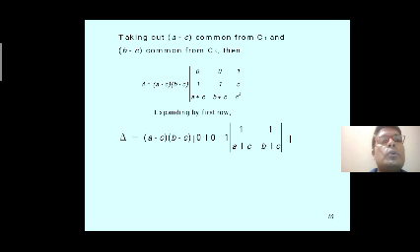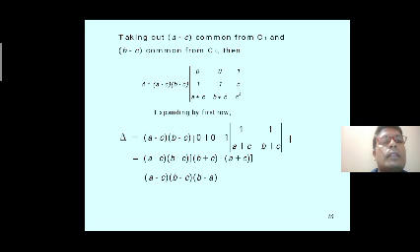Expand by the first row. We get a minus c into b minus c into 0 plus 1 times the remaining determinant 1, 1, a plus c, b plus c. Applying the determinant we get a minus c into b minus c into b plus c minus a plus c. Then we get a minus c into b minus c into b minus a, which is also equal to a minus b into b minus c into c minus a. That is the proof.